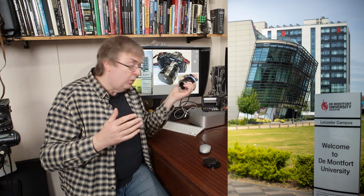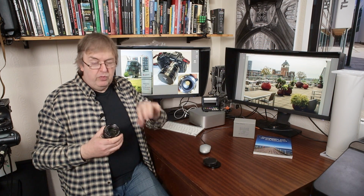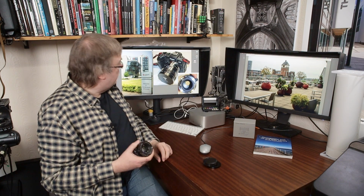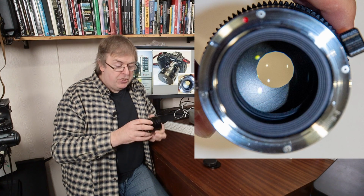Now, I've got lots of examples in this, and there's the other video I mentioned, which shows actual video shot whilst I'm changing the tilt and things like that, to try and give you an idea of what it was doing. The lens itself, say it's a 13 blade aperture,